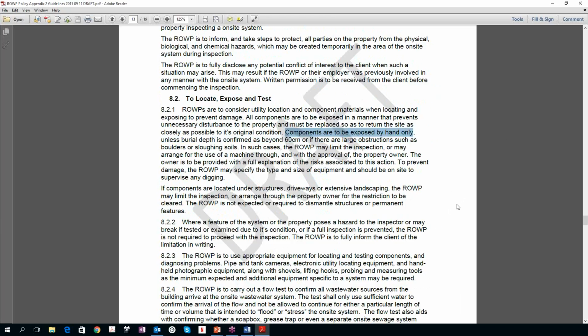If it's more than that, then we could either limit the inspection and report that we couldn't find it because it was 8 feet deep, or we have to make arrangements for the use of a machine. So one of the exclusions I have in my agreements is that it is $400 to $700, whatever it is, plus $50 a foot for every additional foot after 2 feet, to expose components, for example. You can come up with your own thing. But you need to protect yourself, because if you find out that the tanks are 8 feet deep, then you better not be committed to a $300 quote, right?